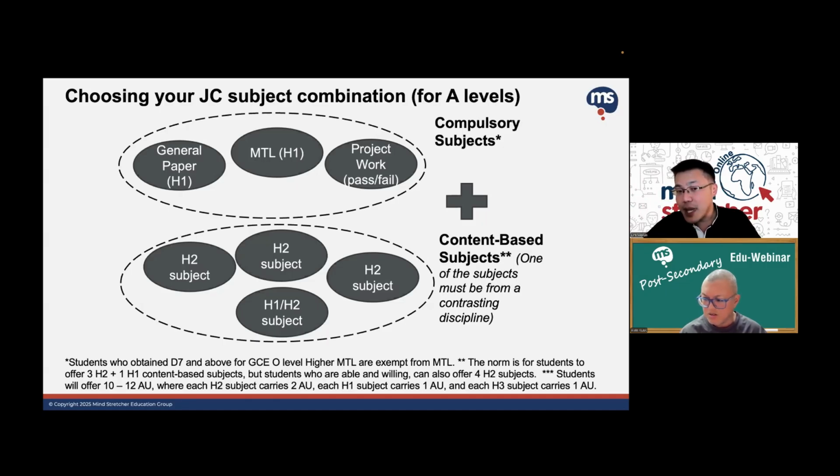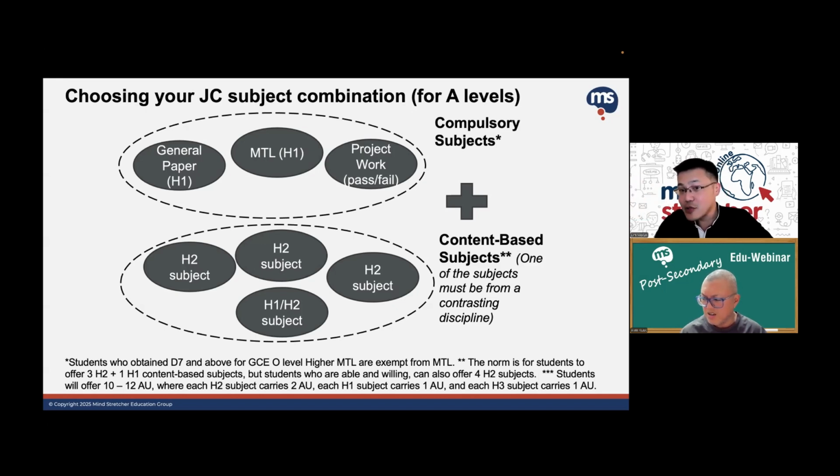Generally, if you look at it this way, usually what happens is students will take 3 H2 subjects and 1 H1, right? The 3 H2 subjects, some of you may wonder, right? Is it always 3 H2? Is it possible for me to take 4? Right? Is it possible for me to take 4? So some people are really quite garang, quite ambitious. It's actually possible, right?